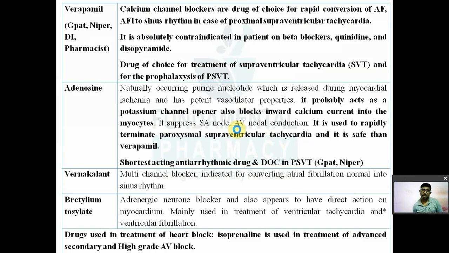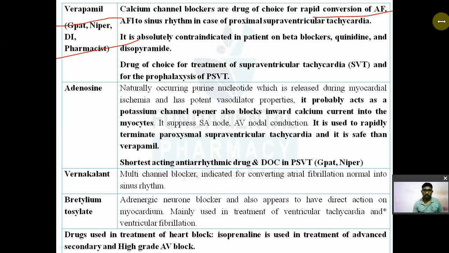Next one is verapamil. Now it is a calcium channel blocker, class 4 drug. Class 4 drug is known as a calcium channel blocker. So verapamil is a calcium channel blocker. It is a drug of choice for rapid conversion of atrial flutter into atrial sinus rhythm. Atrial flutter and atrial fibrillation into sinus rhythm. So verapamil is a calcium channel blocker, drug of choice for the rapid conversion of atrial flutter and atrial fibrillation